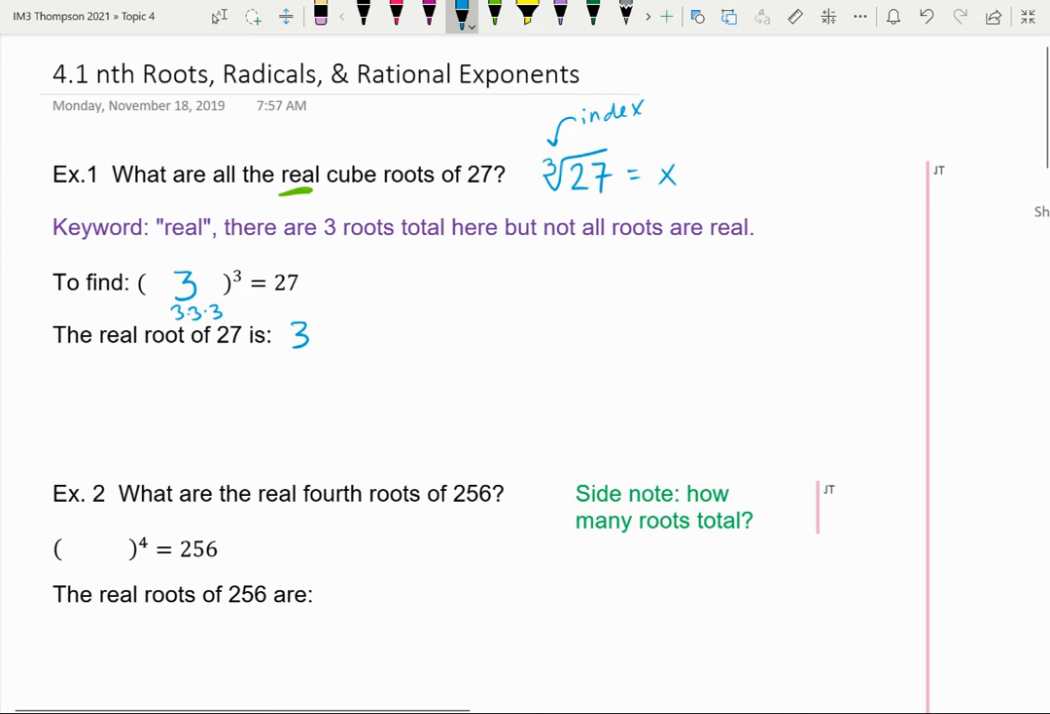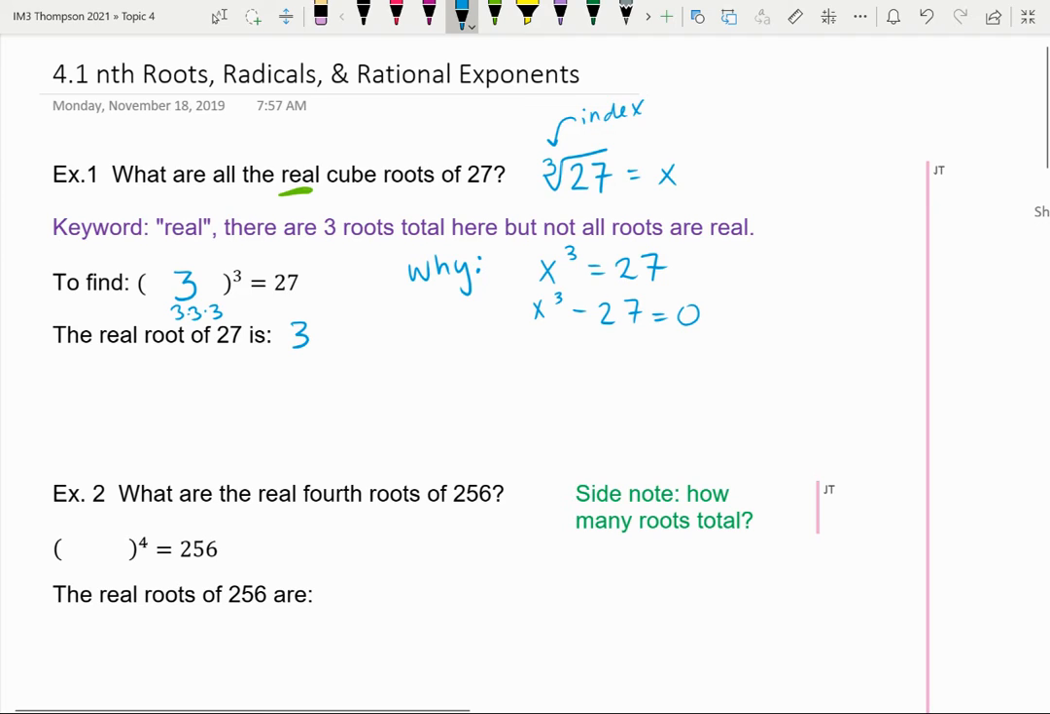We need to talk about the difference between real roots and all roots. Now, the real root is 3. But there's 3 non-real roots for this equation. And we're going to go over a little bit of the why. So, if I were to have an equation like x cubed equals 27, and I were to solve for 0, which means I'm going to move the 27 over,